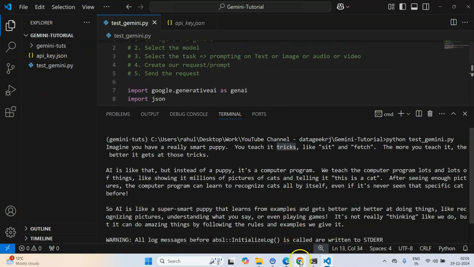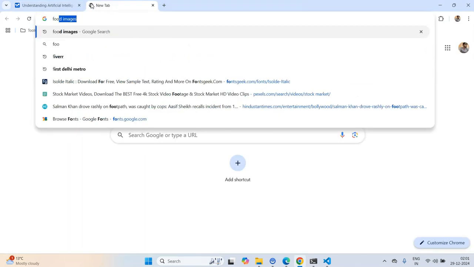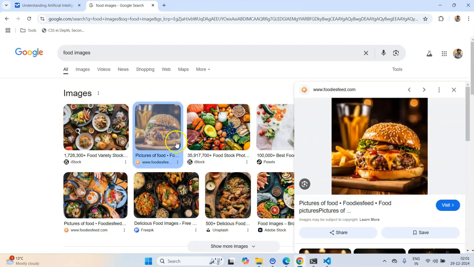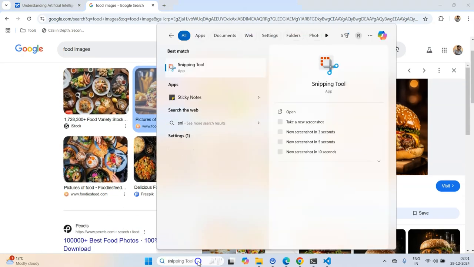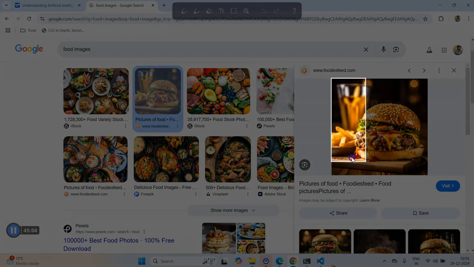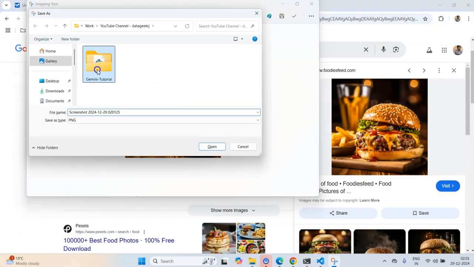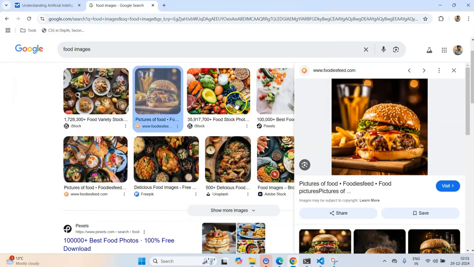For that, I'll probably go and search for food images. Maybe this one. Let me grab this image and save it in the Gemini tutorial folder, as burger.